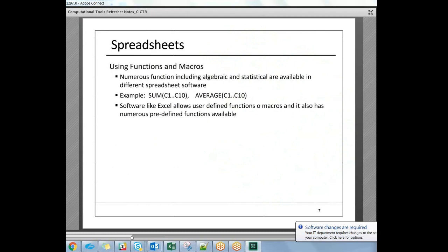Now, the Excel spreadsheet or other spreadsheet programs that are marketed have plenty of algebraic, statistical, and lots of other functions developed and added on to your software like Excel. So these are called built-in functions. For example, when you say A1 plus A2, it knows that you want it to add A1 to A2. Or if I say sum C1 through C10, it knows that it needs to take all the numbers in the cells